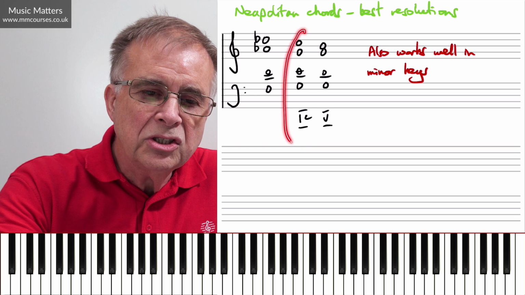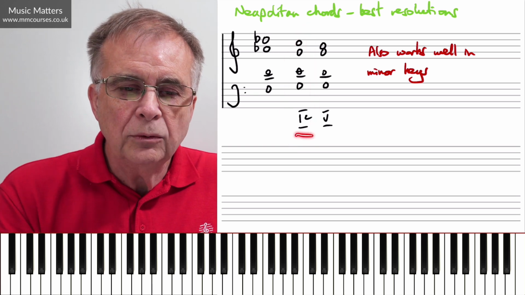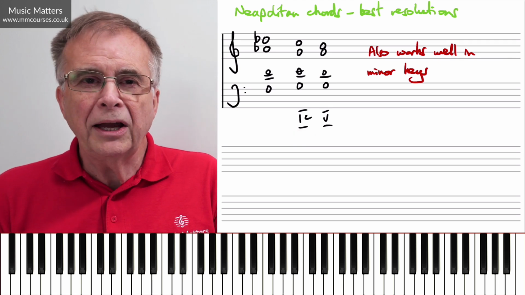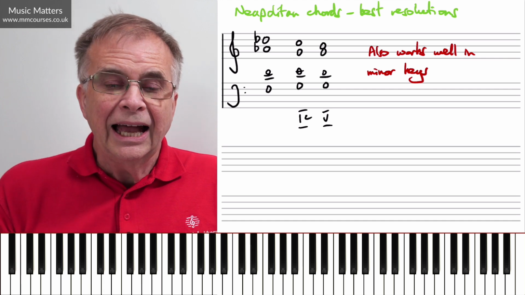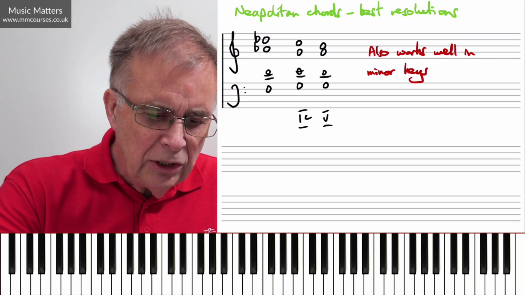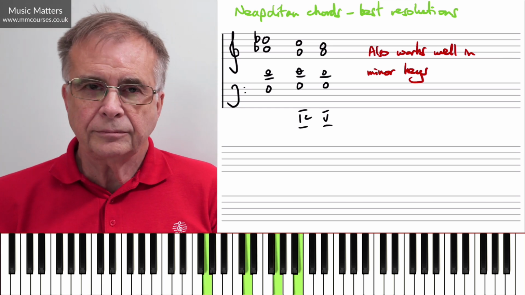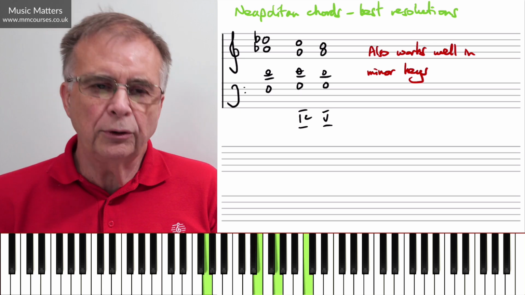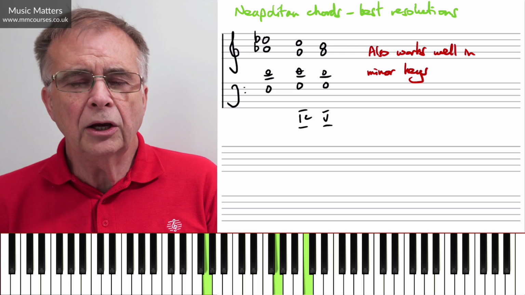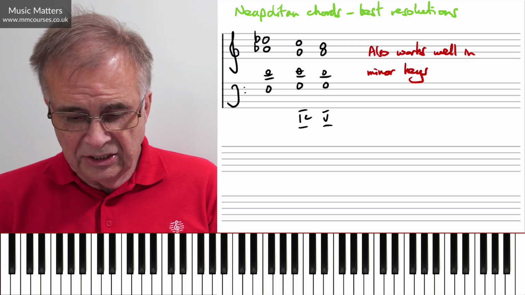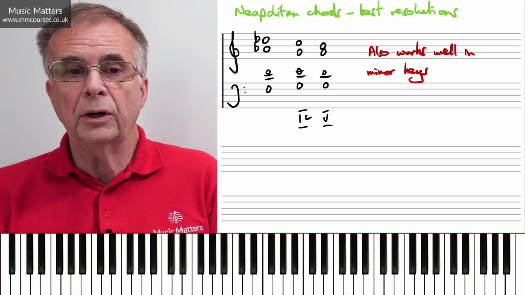But this time I'm inserting chord 1, what we call this side of the pond 1C, 1 in second inversion, but you might well know it as chord 1 6/4. Depends which part of the world you're in, but that's what it is. Now, we're used to progressions that go 6/4, 5/3. Okay, so why is that a 6/4, 5/3? Well, above the G in the bass, I've got the tenor going 6, 5. In this case, I've got the soprano going 4, 3. Could be the other way around.